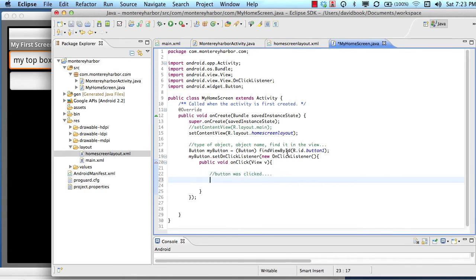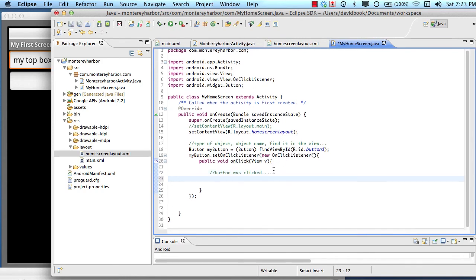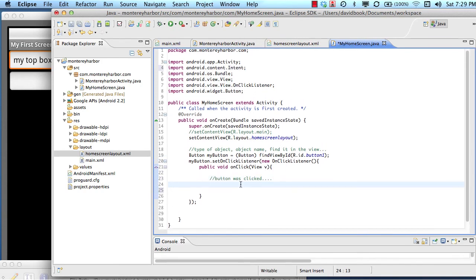So what we want to do when that button is clicked is launch a new activity. To start that new activity, we need to create an intent. So let's create an intent, and we'll call this nextIntent. And you're going to see some red stuff while we work through this syntax. Equals new Intent. You can, in fact, just ignore the syntax right now because it's not real important how this is working. I just want to show you how we're going to create the next activity, which is Monterey Harbor